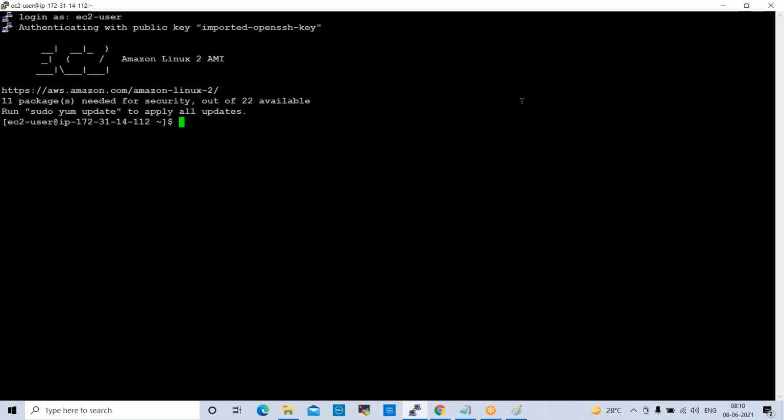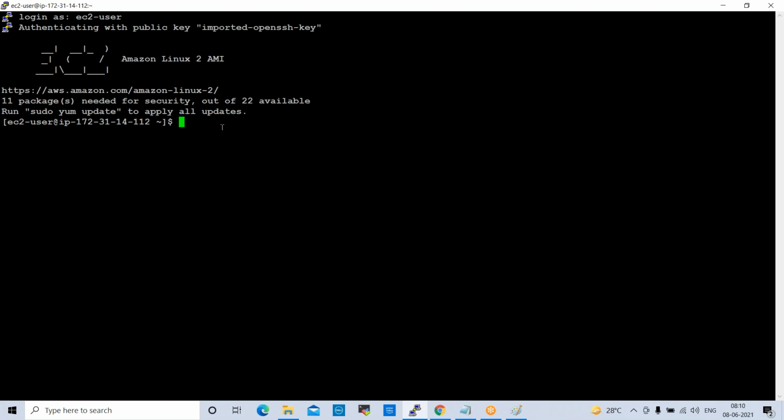So normally, when you want to change the name of the server, in real time, if you are working on multiple servers, or even on a single server, sometimes we change the server name. So instead of using this IP address here, we can change it into a name. Okay. So now we can change the name here.